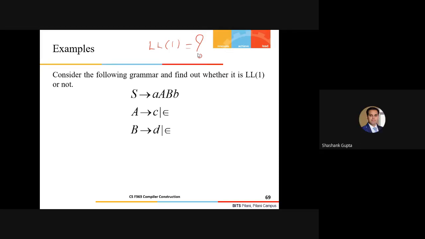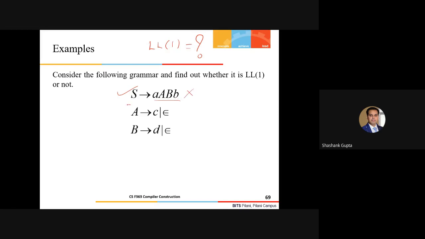So I hope you people have not started constructing the parse table, because this is a very small grammar and I can easily find out by the second rule here. Obviously the rule does not apply on this form of the production because it is giving you the unique production, and there are no other productions starting with the S here. So I'm not going to apply the rule on this.